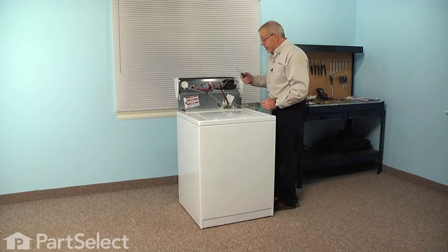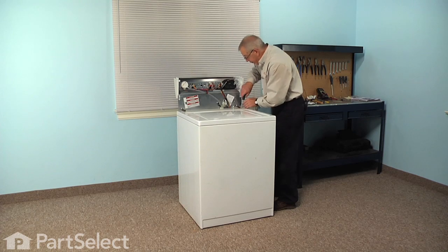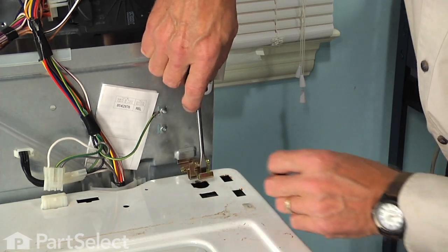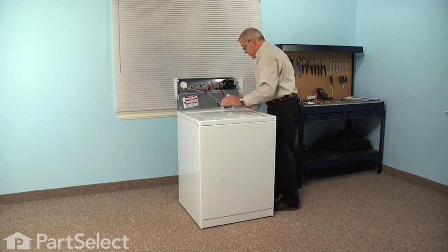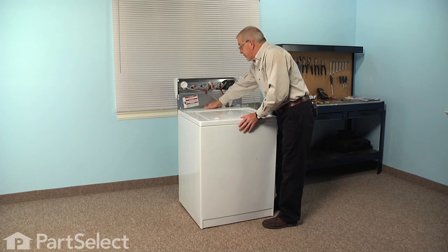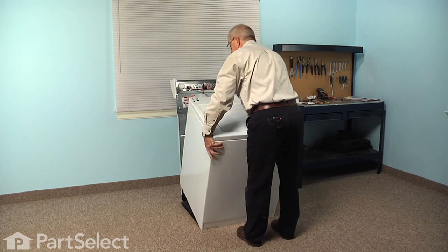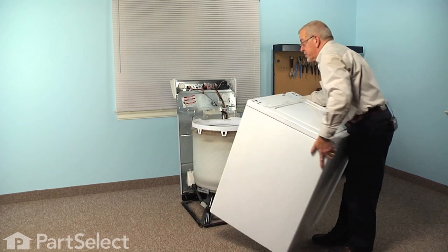Then with a flat blade screwdriver, we'll go down into the rectangular opening at the front of those clips and just take the tension off them and remove them. Now at this point, the back panel will be freestanding and it will hold itself. So we're going to take the cabinet and just tilt it forward. We need to lift it up over the water injector. Then we can just grasp that complete cabinet and top and lift it off the base frame,